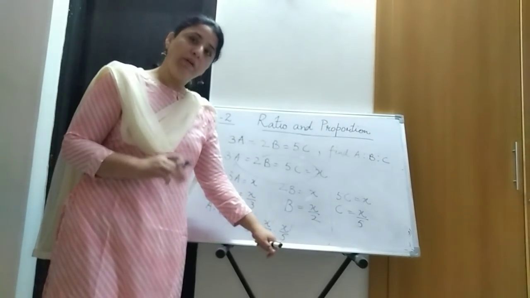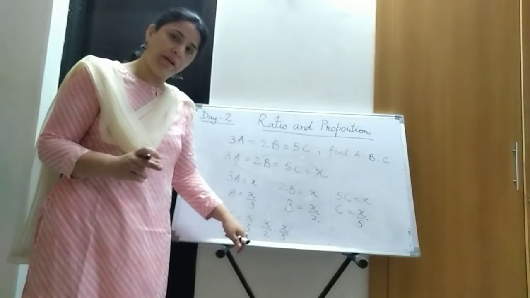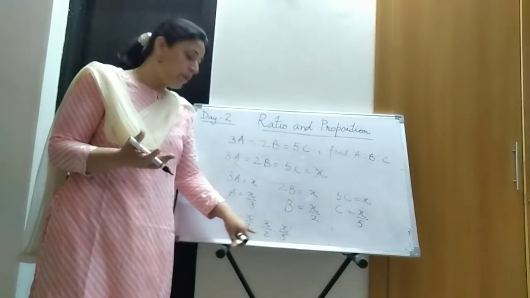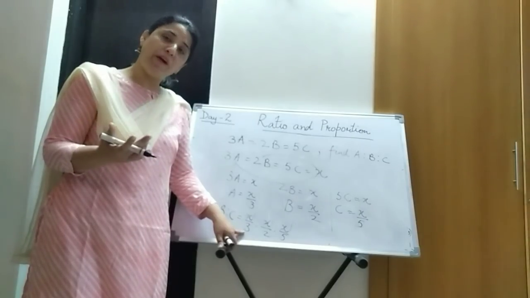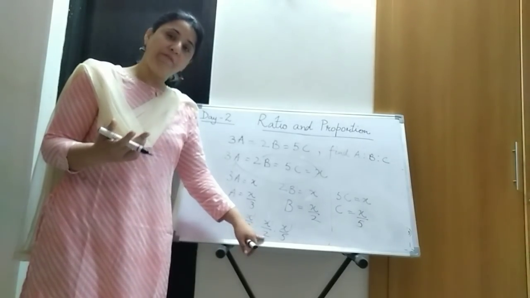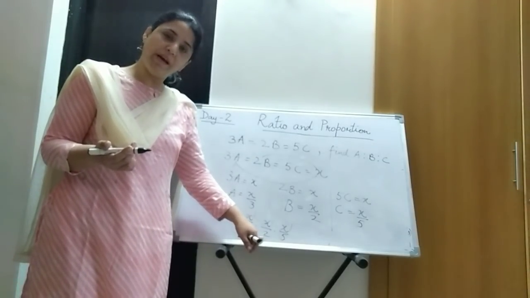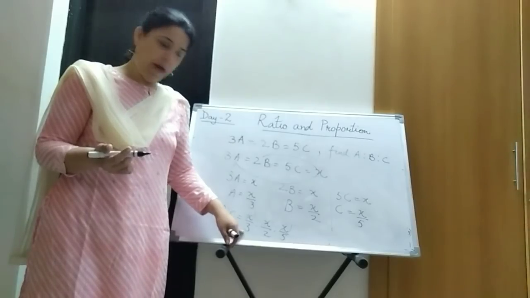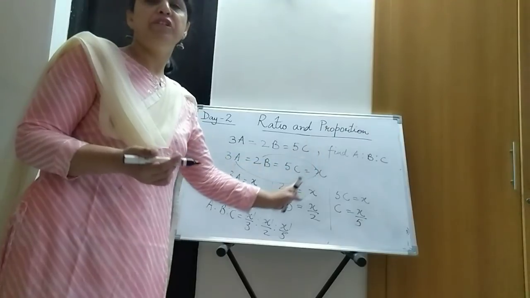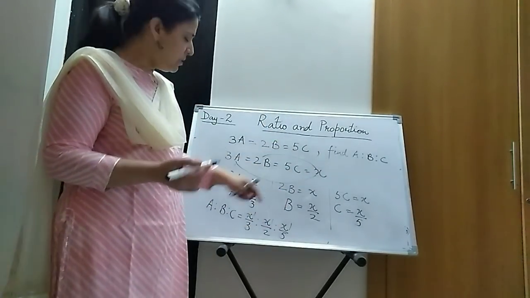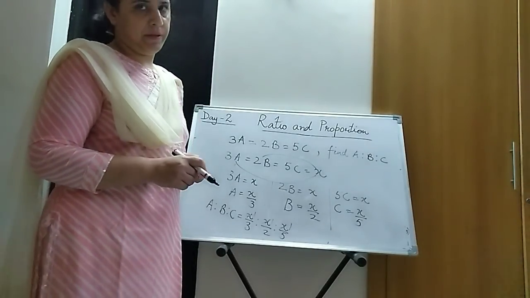5. 5 ones are 5, doesn't come in these two tables. 5 twos are 10, 10 will not come in the table of 3. 5 threes are 15, will not come here. 5 fours are 20, will not come in this. 5 fives are 25, will not come in this. 5 sixes are 30. 30 comes in the table of 2, 15s are 30, and 3, 10s are 30, and 5, 6s are 30. So multiply each term of the ratio by 30 and just simplify. You get ratio A, ratio B, ratio C.